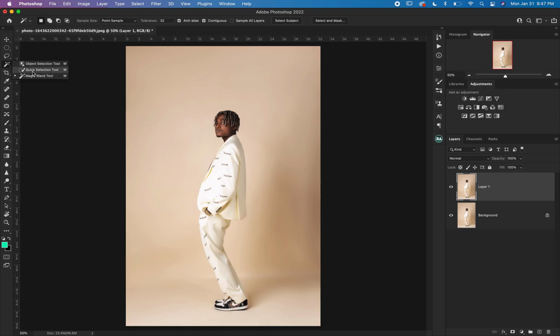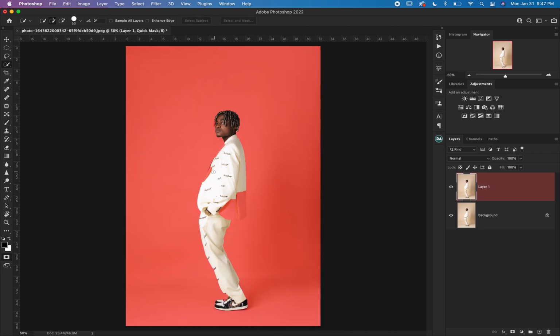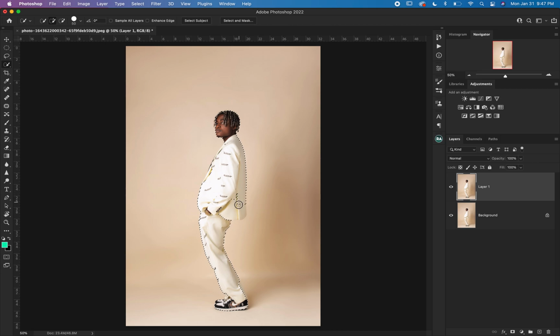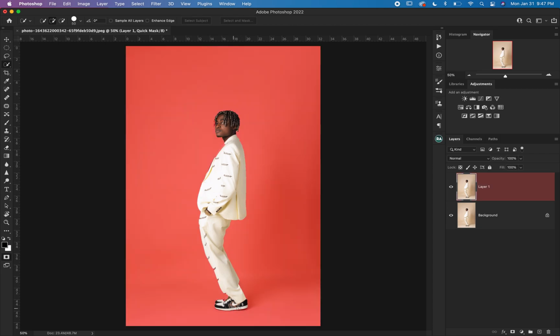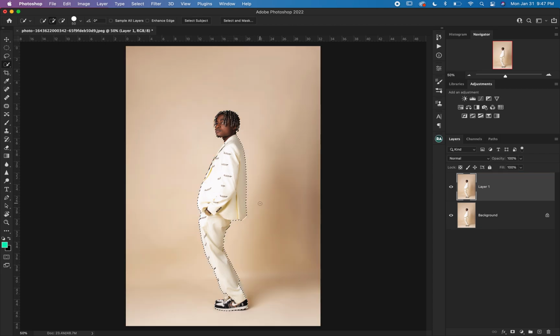Okay, then I've got my quick select. Now I can try and use quick select and select my guy here with a couple of brush strokes, and that's doing a pretty decent job. Now see, it missed the coattails, it missed part of his shoe. So I can add a little bit of that in there. But by and large, this does a decent job, but I want to show you the third option here,